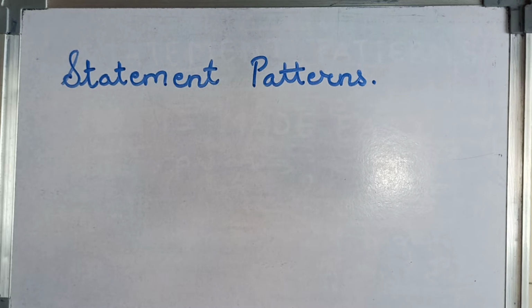If P, Q, R are the component statements, or we can say logical statements, then the compound statement formed by using one or more connectives, that are and, or, not, if then, or double implication, using any of those connectives, and the pattern that we get is called the statement pattern. So let us see some examples of statement patterns.